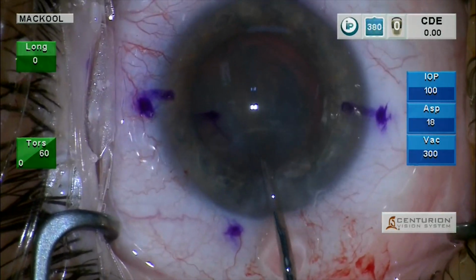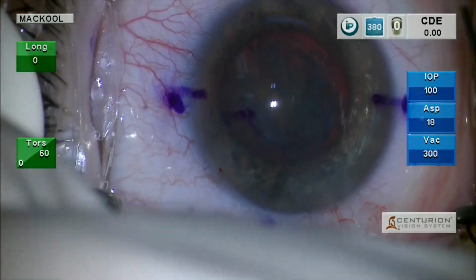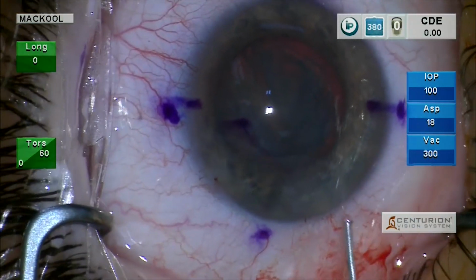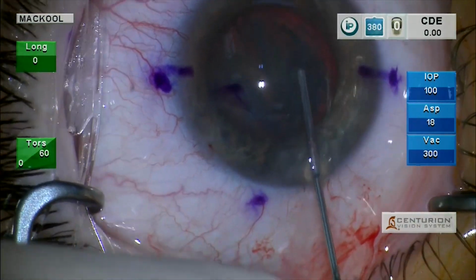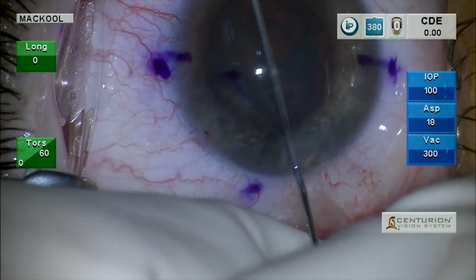I think you could see that it rotated a little bit there. I normally don't rotate them because I know they're loose. And next comes viscodissection. And we want to do that under the capsule